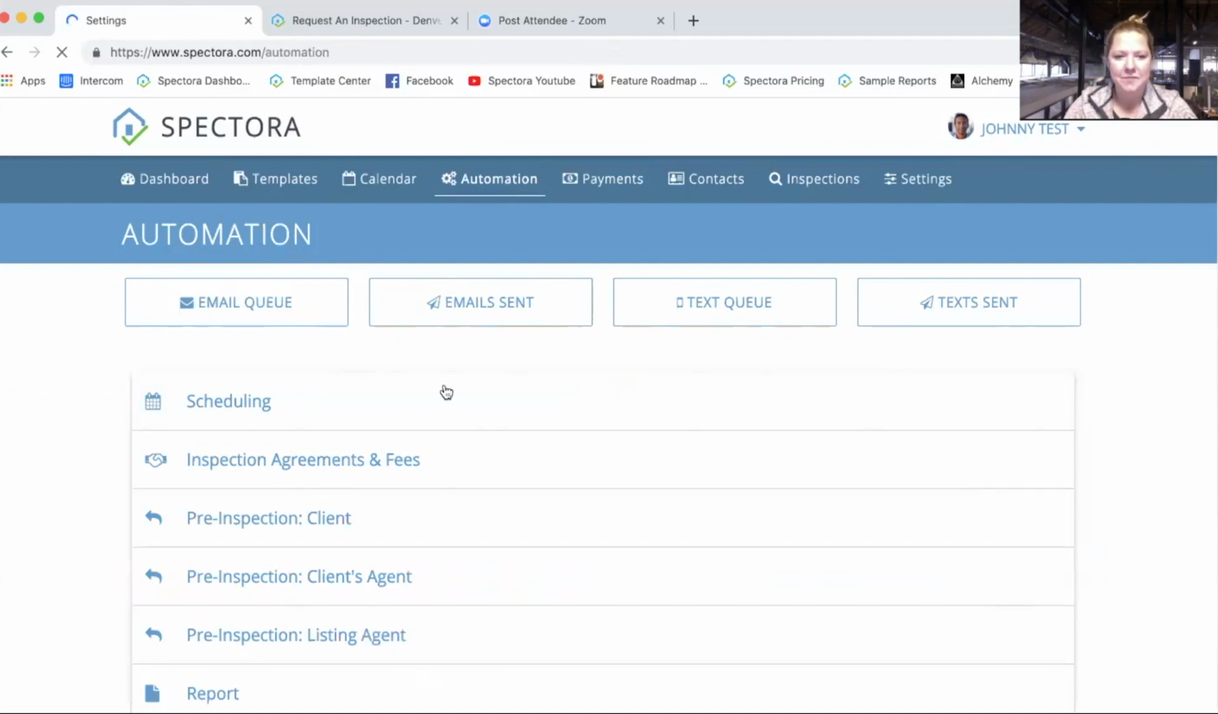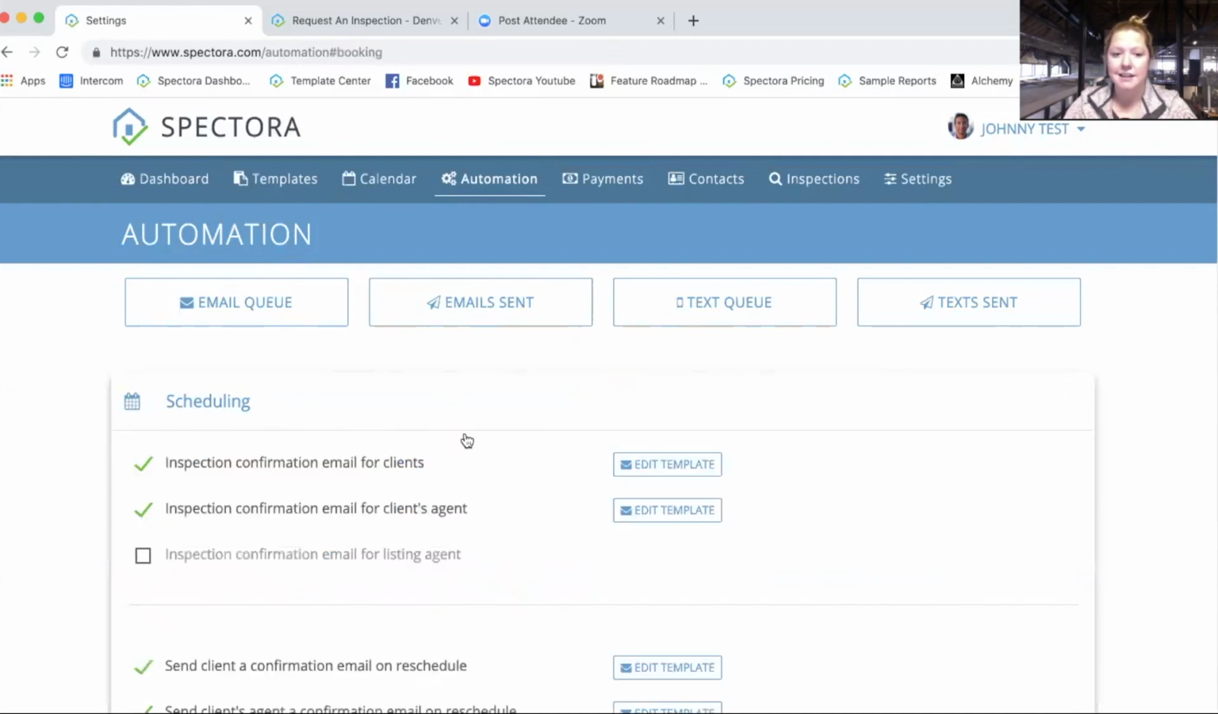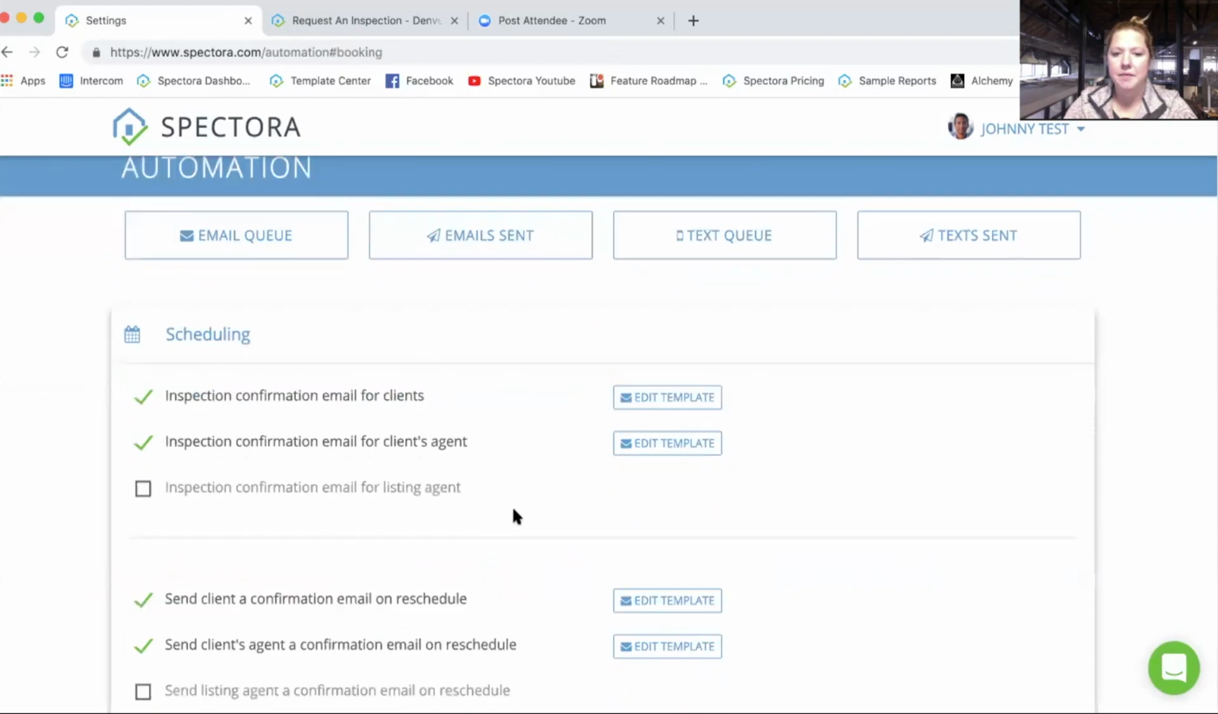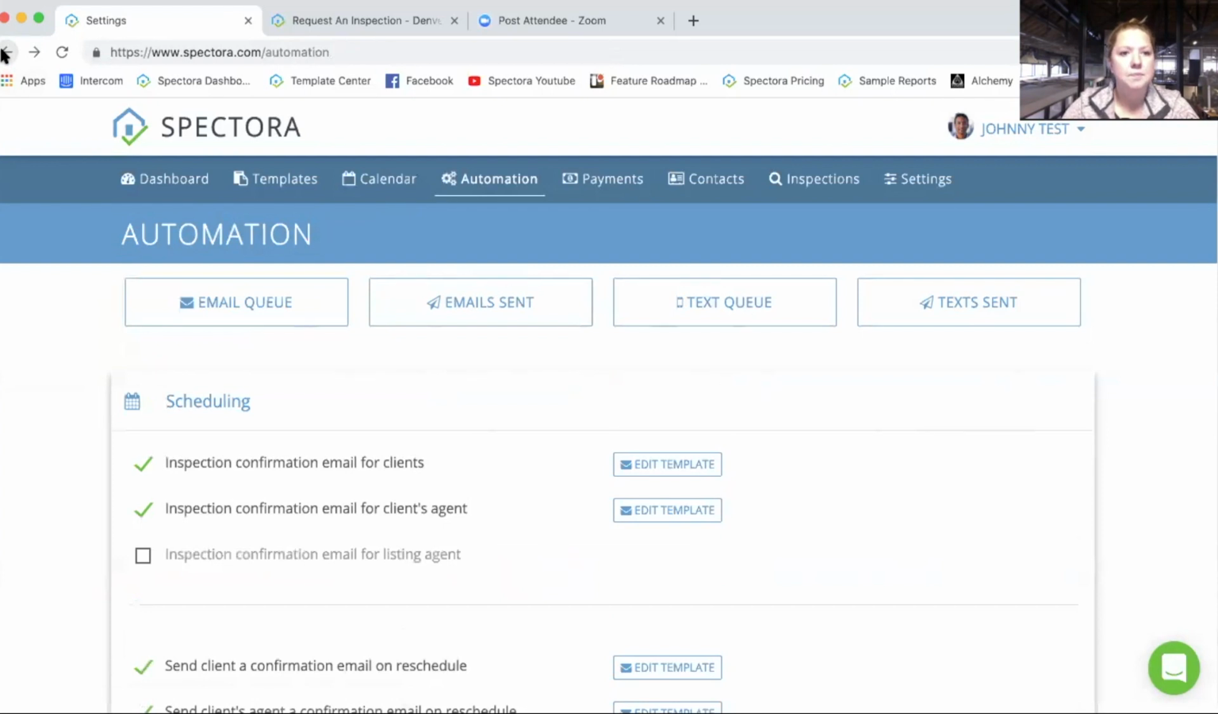If we open it up, you can customize different emails for the client, the agents, and the listing agents to trigger and go out to them. And so that scheduling email is triggered by confirmation. Then, if I go back,